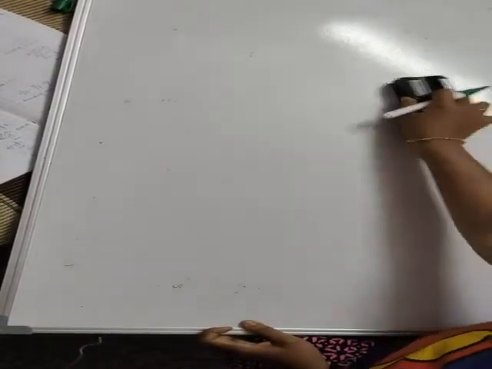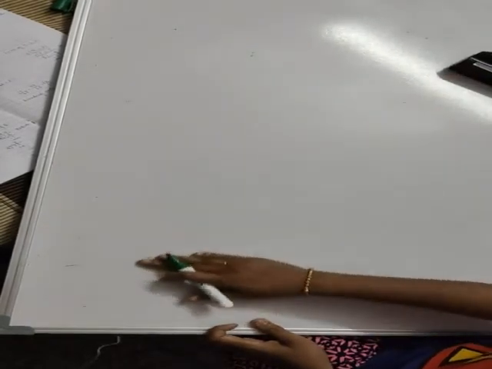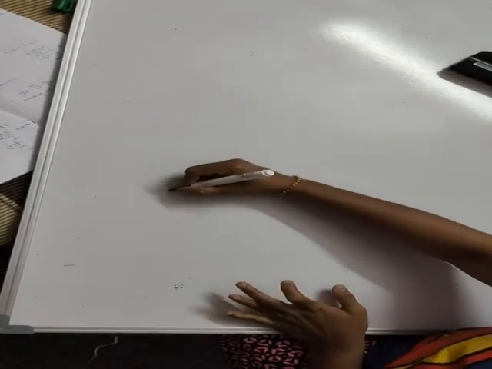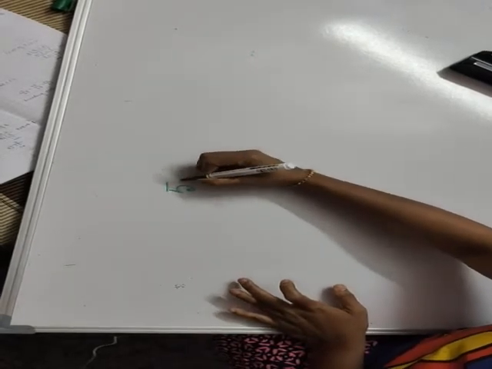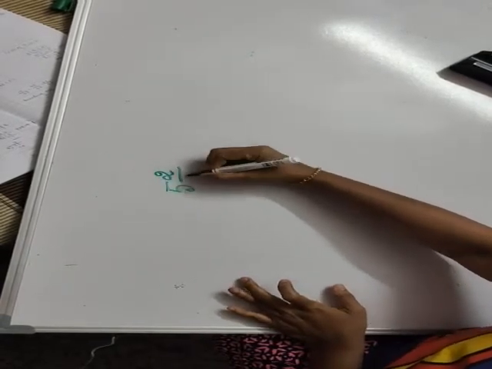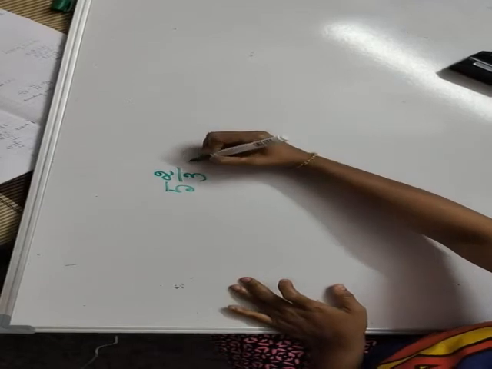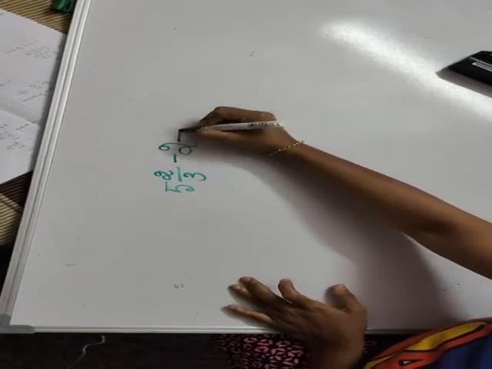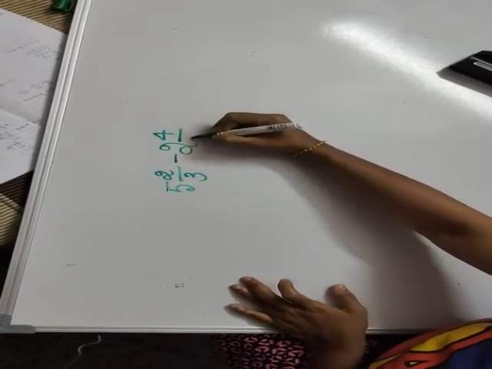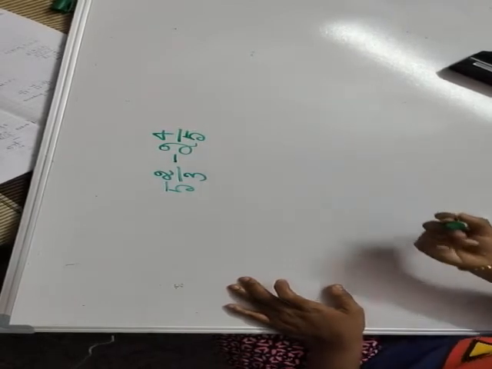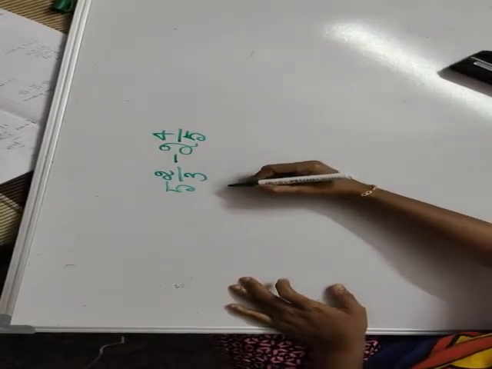Any method you apply to find the LCM or converting, I don't bother, but the answer must be correct. That's all. There are a lot of methods to find the solution in maths. Problems contain many methods. Don't depend on one method. You must know all the methods. You must study all methods. That's good always.